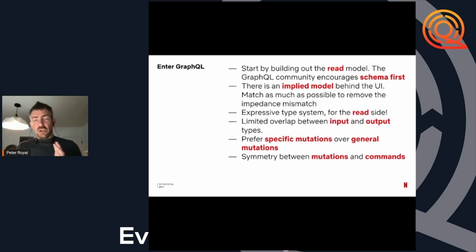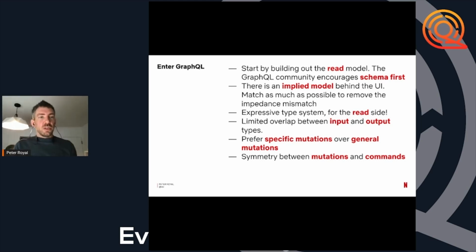As I said, the mutations are related to GraphQL, and GraphQL is also extremely CQRS friendly. GraphQL very much encourages schema first. So you're building out that read model according to what the consumers need. When I work with my counterparts for this, I talk with the UI designers, the UX people, and product managers to figure out what their implied model is.